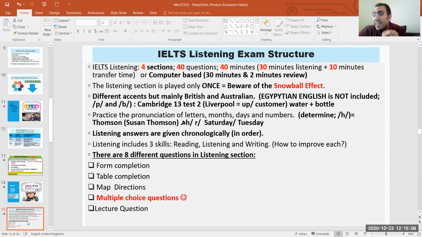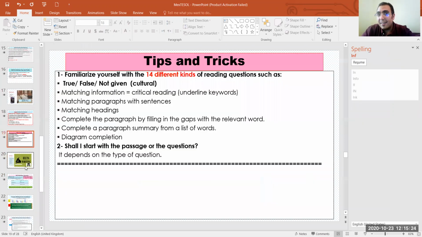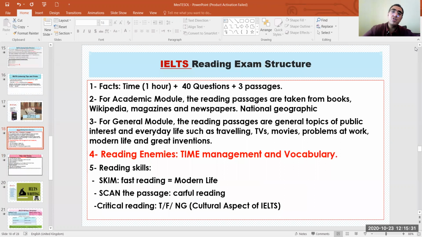My contention is your ability as a teacher to dissect and raise students' awareness of cultural and linguistic features as well. I'd like to give you another example, even from the reading itself. I believe that reading in IELTS is quite challenging, especially if students do not read in their actual life. If students don't read, reading is going to be very difficult.